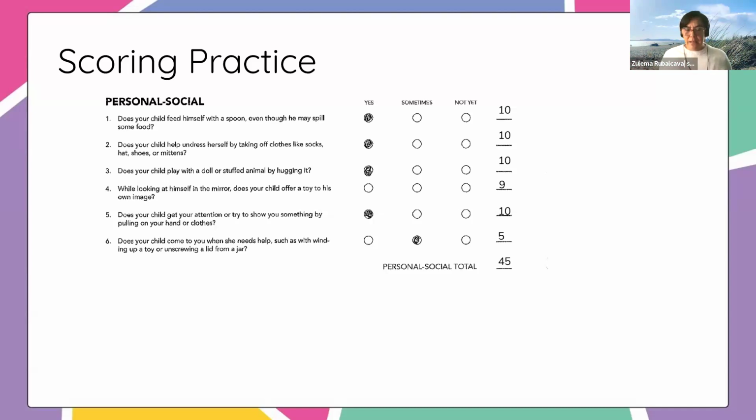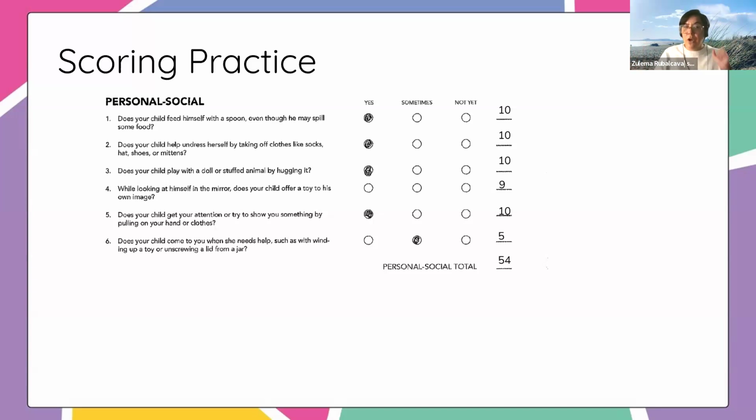So then we would add it all up again. And instead of 45, we now have a score of 54. This is really, really key, because we want to make sure that we have the most appropriate information to make recommendations that are really supportive and that are really answering the concern. If we had left it at 45, it might have put them in that gray shaded zone that would say we need to do interventions. But once we add this new average, it might push them above the cutoff where there are no concerns at all. So we really want to make sure that we're adjusting the score.